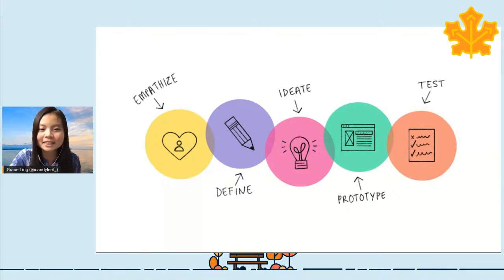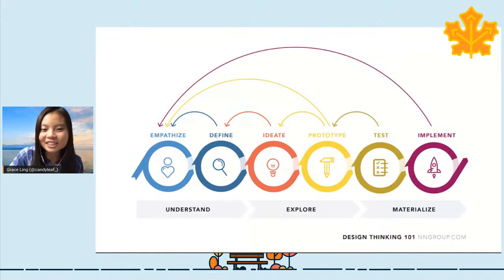And again, I'm showing this process, but in reality, it's actually a lot more complicated than that. It's not just all linear. Oftentimes, every time you move to the next step, you will learn something new, and sometimes you might need to go back a few steps and reevaluate. So definitely empathizing, defining, ideating. Let's say after you thought of all these problem areas you could be tackling and defined a few, you realize that you might need to do more research, so you go back. And so you ideate, you thought of so many solutions, and then you later get confused